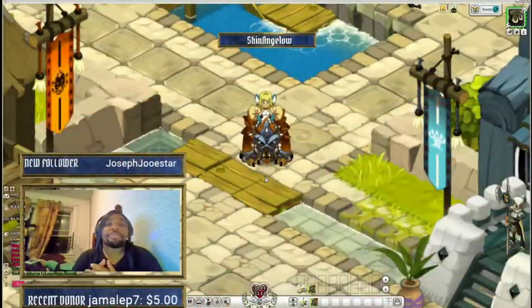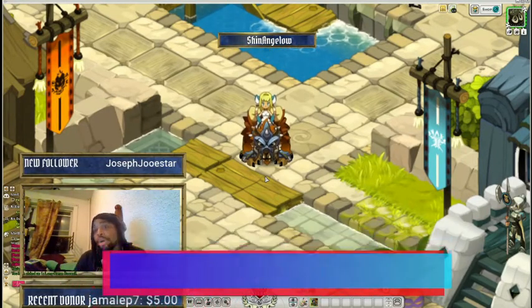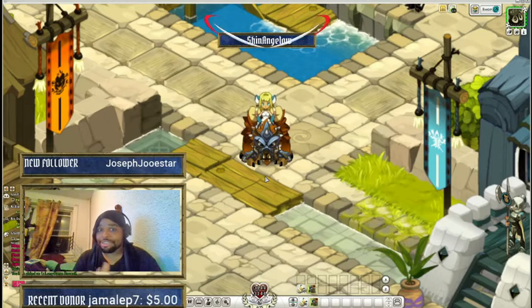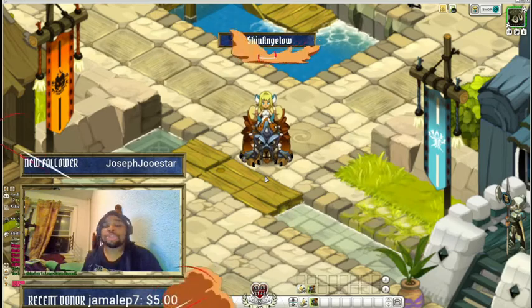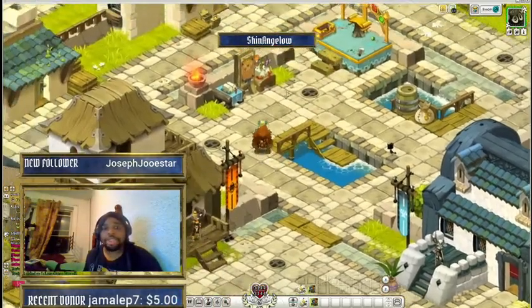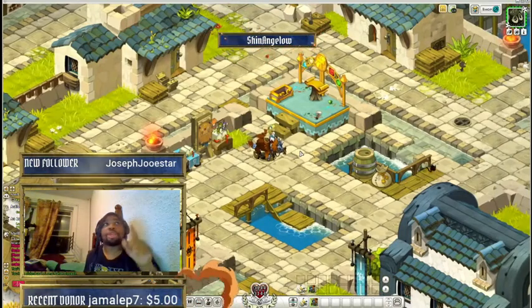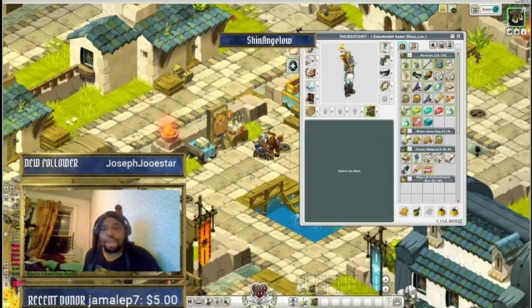Last but not least, tip number 5. Now, it's kind of bad that I separated it in the video, but I am also learning as we play. I'm not exactly a new player, but it's easy to forget the basics of the game when you've been playing for quite some time. So, what I wanted to show you this time is the, what's it called? Enhancement Workshop. I've explained it in detail in my last video. I should post it somewhere on the link, something. It's going to be at least in the description below. But yeah,